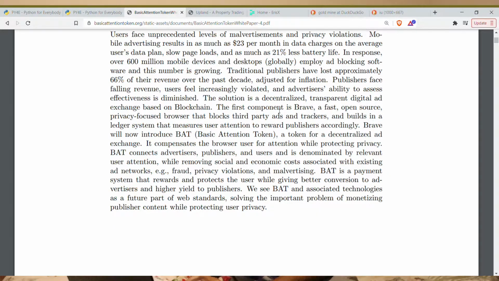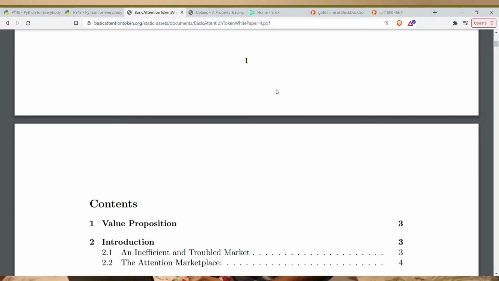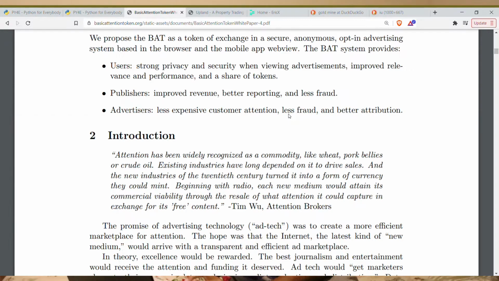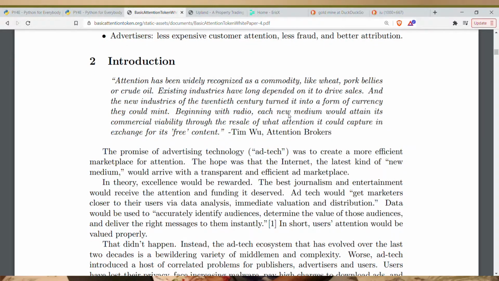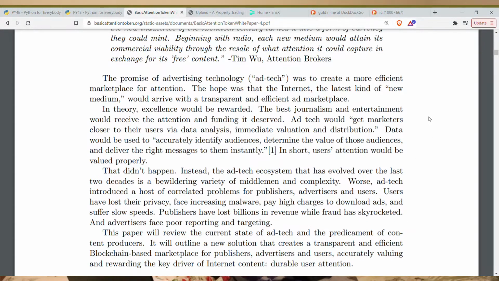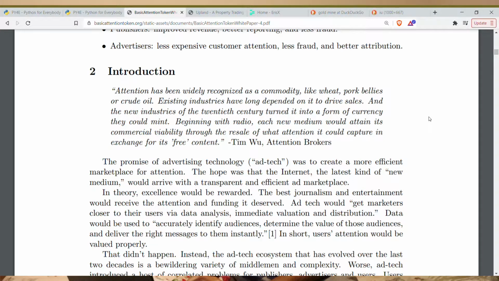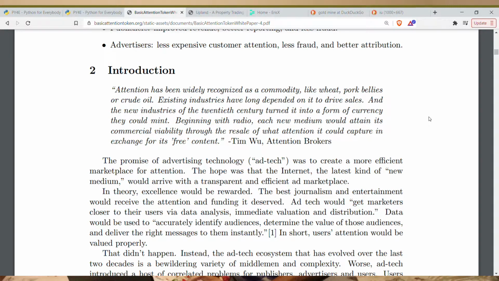In the beginning, they just discuss why things are kind of screwed on the internet today. People's attention is not being compensated for how much time they spend using the internet, using the World Wide Web. That's good, that we can be compensated for it. And they use advertising. The World Wide Web is basically monetized for the most part based off of web advertisements.